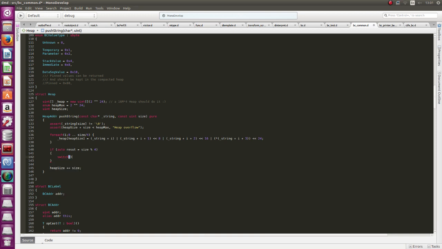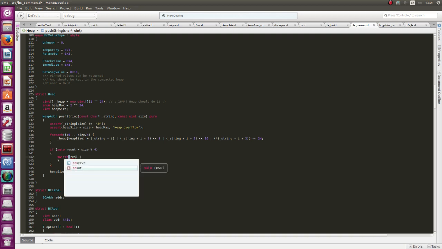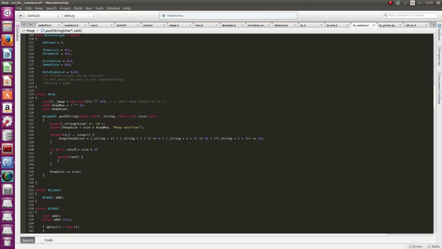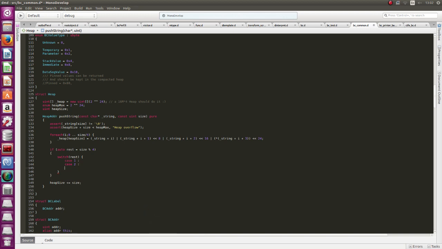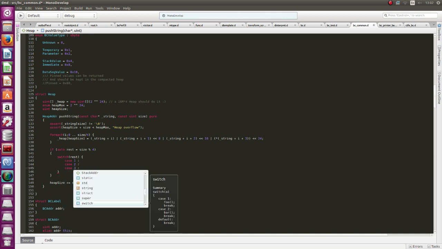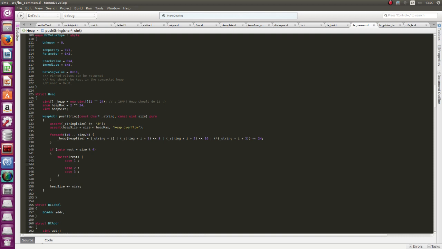So we switch on this. We could call it rest or remainder. We switch on this, and there are only 3 possible values. Either we had 1 too much, we had 2 too much, or we had 3 too much. Alright? In case where we just had 1 too much,